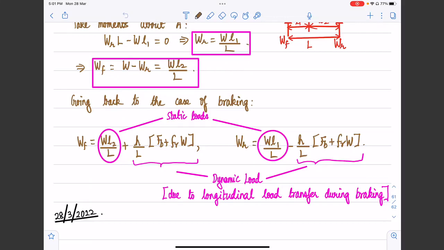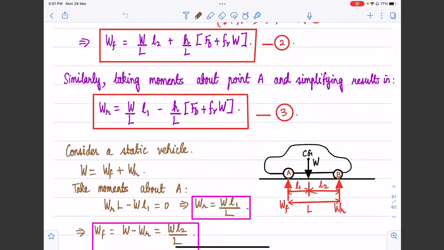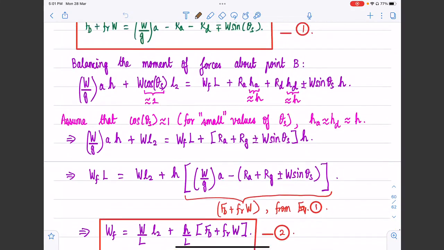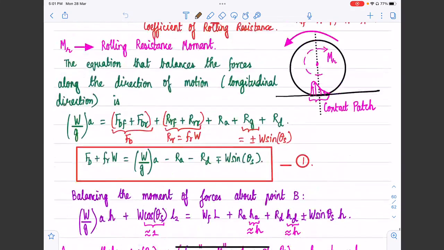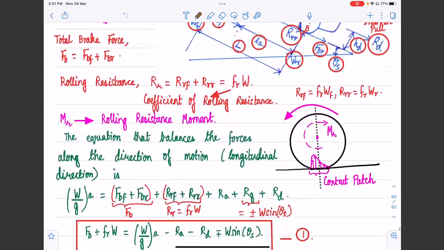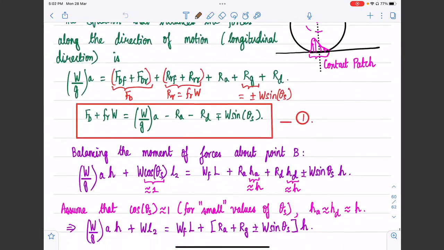Let's briefly recap what we studied in the previous class. We were looking at the analysis of the vehicle response during braking. If you recall, we discussed the free body diagram of the vehicle during braking, and then we equated all the forces, and finally